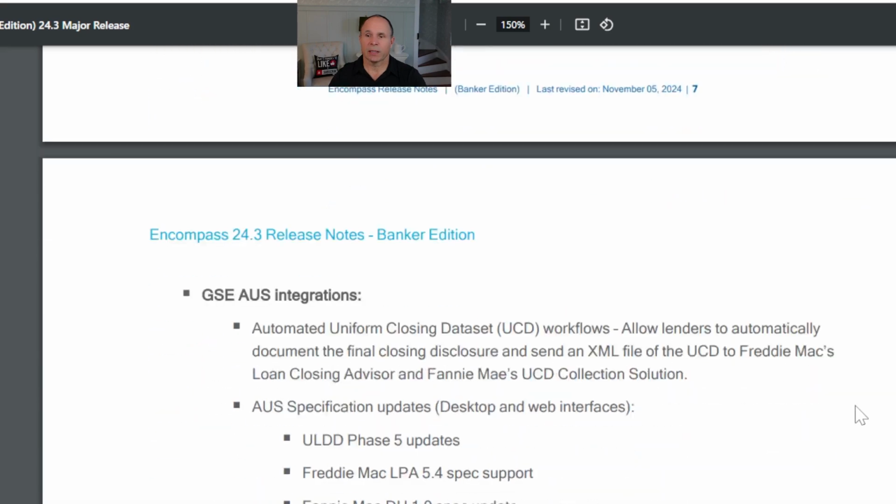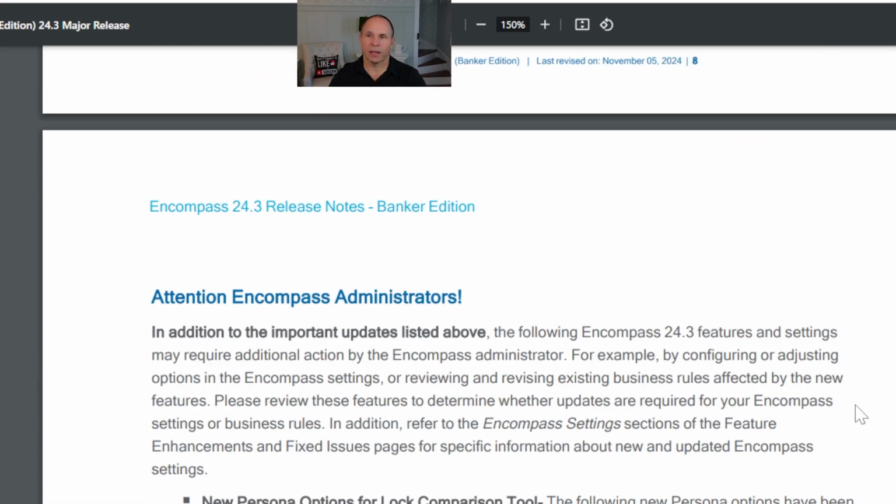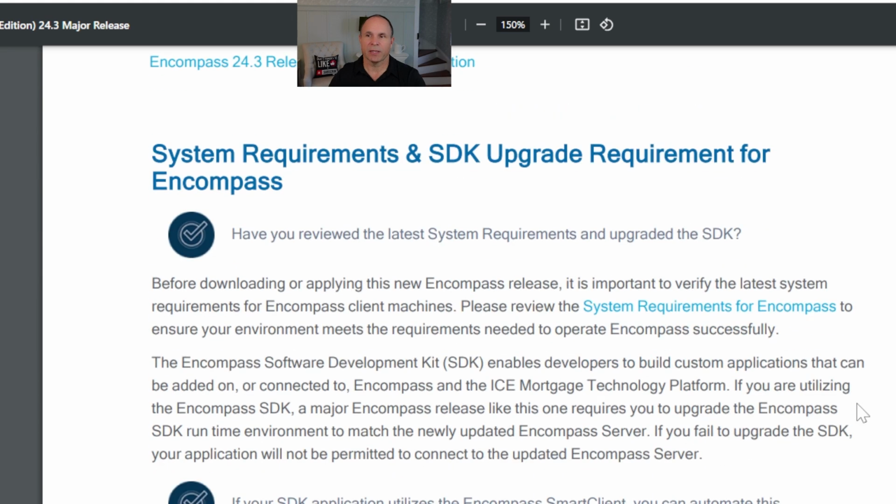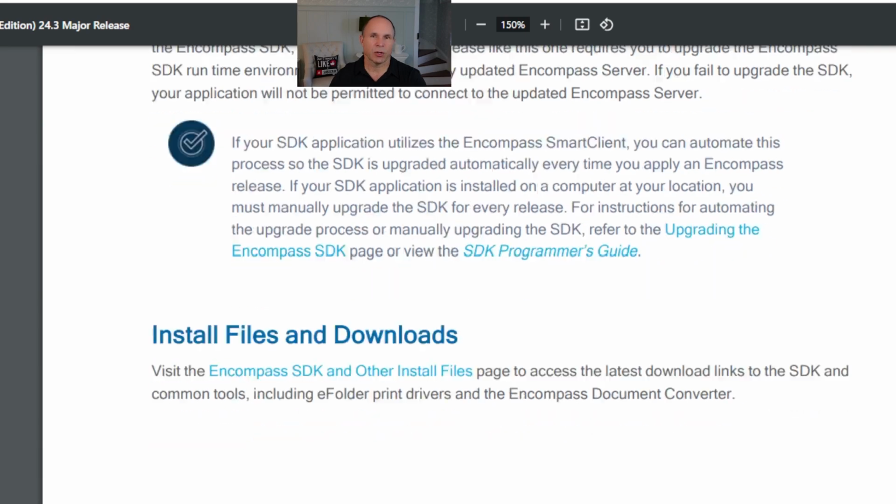And so let's go down. You can read through all the highlights, those kinds of things. There's a lot of great pages just to give you hints. There's also usually an administrator's checklist. It's not out yet, but it wouldn't surprise me if it was out sometime soon to help you through the checklist on that.